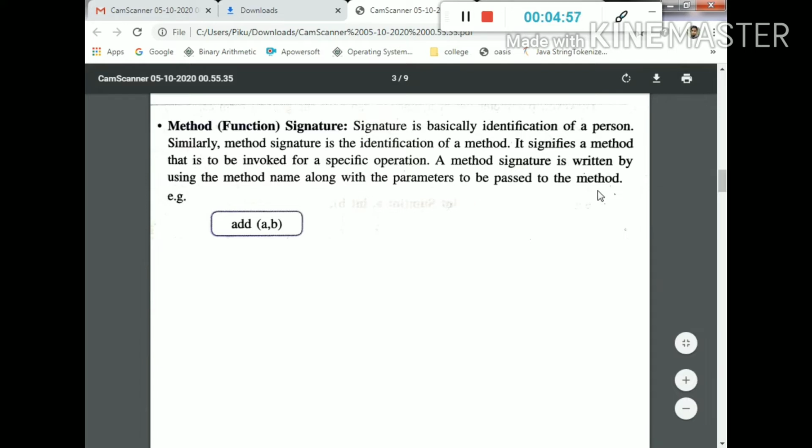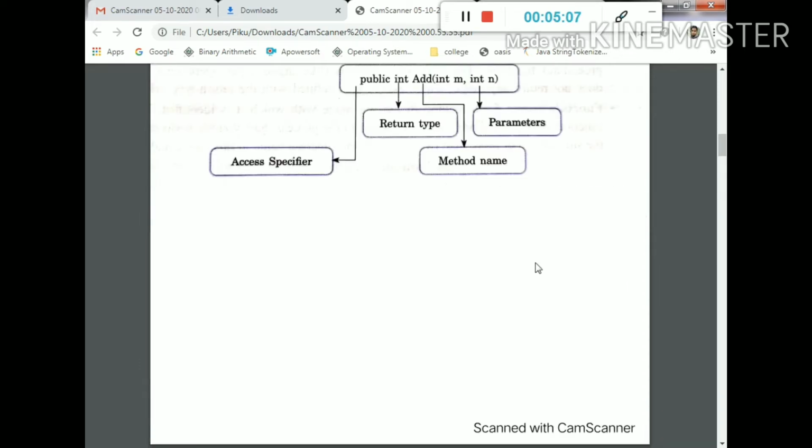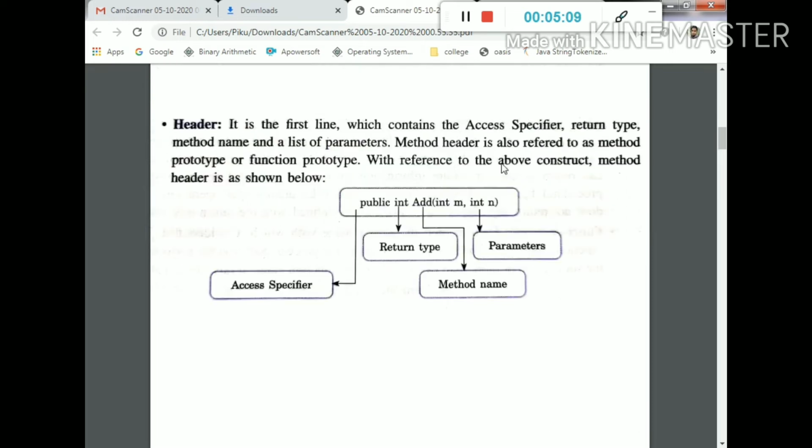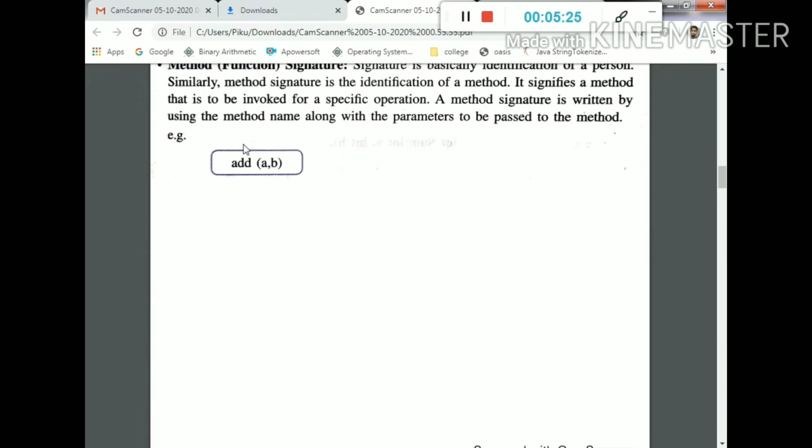There are two things: first we create a method, and next we call the method. When we create the method, public int add(int m, int n), this part is known as the method header, and when we call the function, that part is known as the method signature.